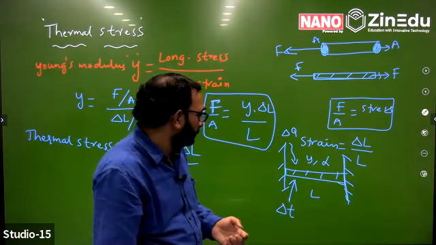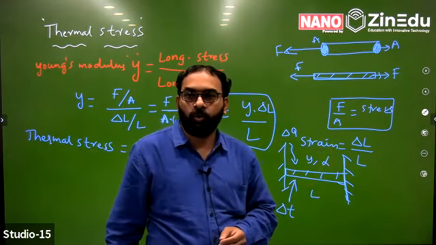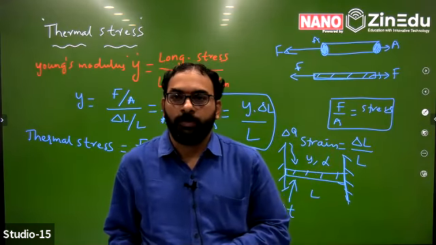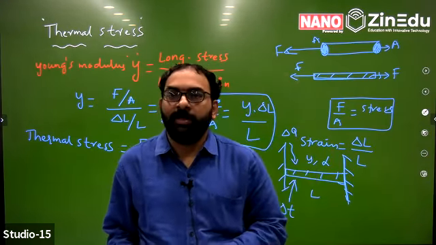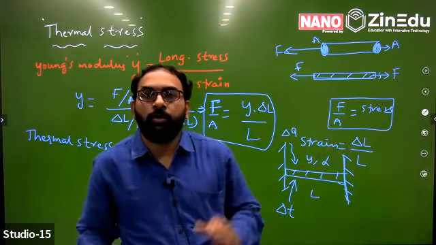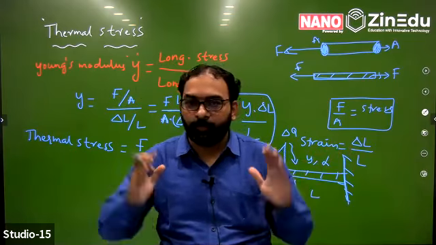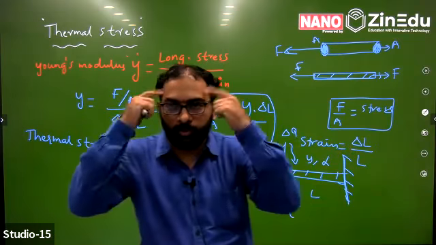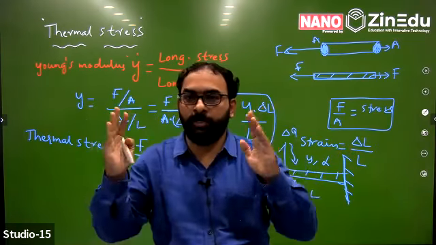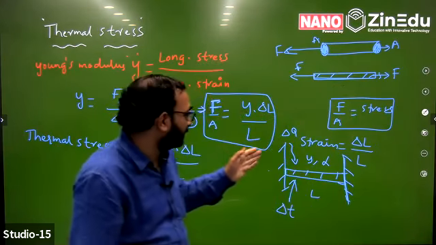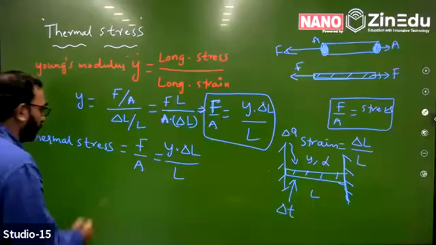I repeat once again, a rod is fixed between two walls, and we provide heat energy, and the temperature of the rod increases. As a result, the rod tries to expand, but the two rigid walls don't allow it. So on the rod, there is a force exerted by the wall. You imagine, when the rod tries to expand, the wall opposes. So there is a stress as a result, and that stress is nothing but thermal stress, and the expression for thermal stress is